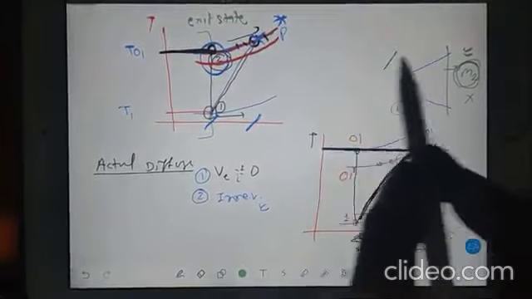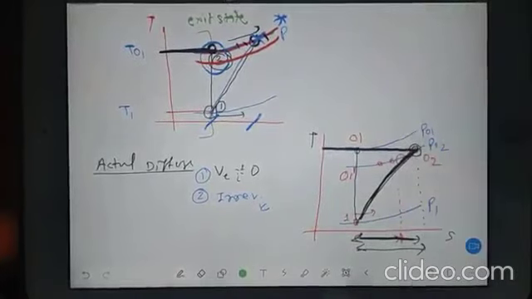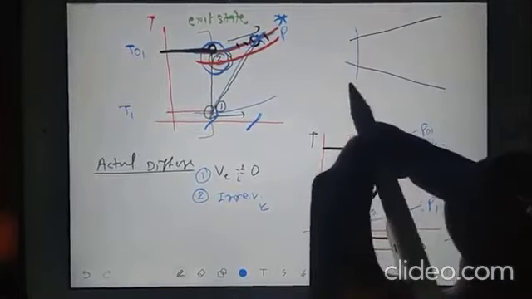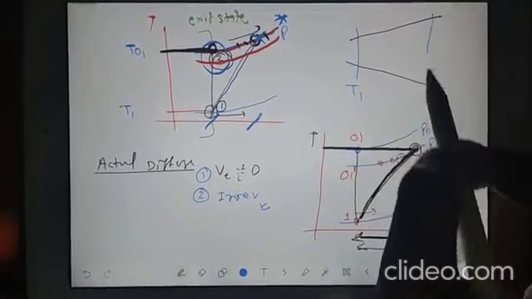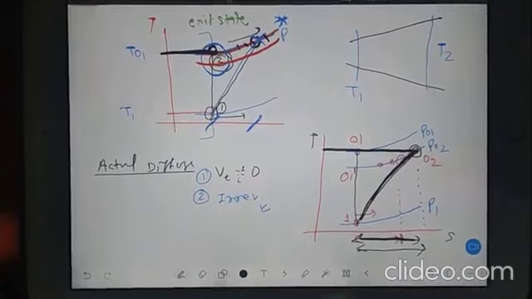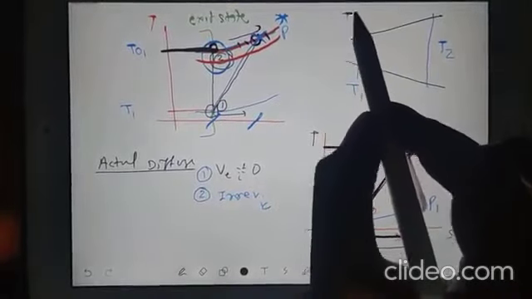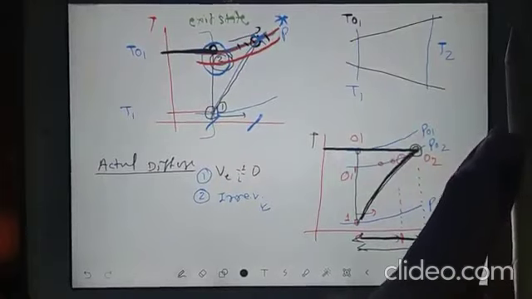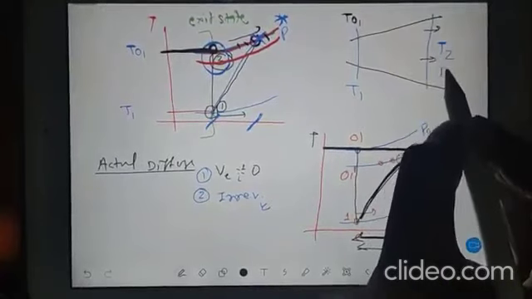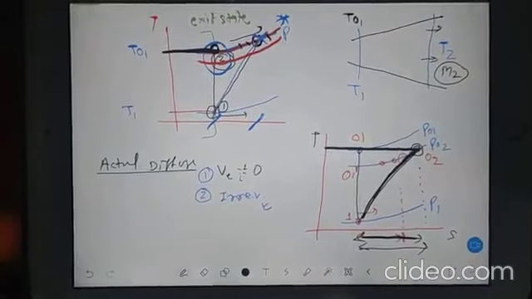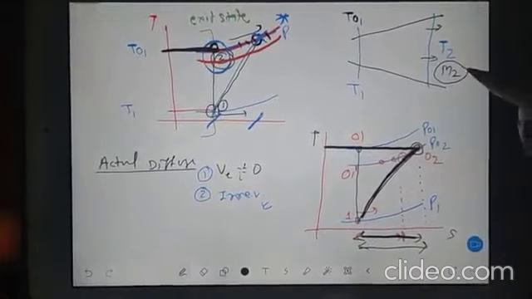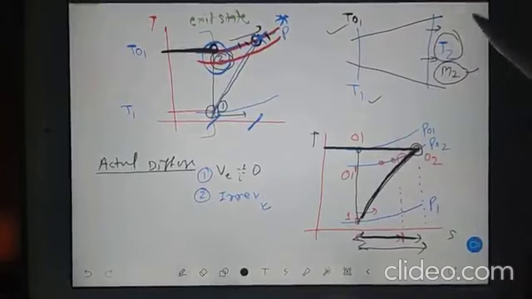Now see, I am asking something what I have not taught yet. At the inlet I have temperature here T1, diffuser I am talking, here I have T2. I am giving T01 here, and I am giving M2 here. Can we find out T2? I will select the student. Can we find out T2? M2 is given, T1 is given, T01 is given, T2 I need to find out.